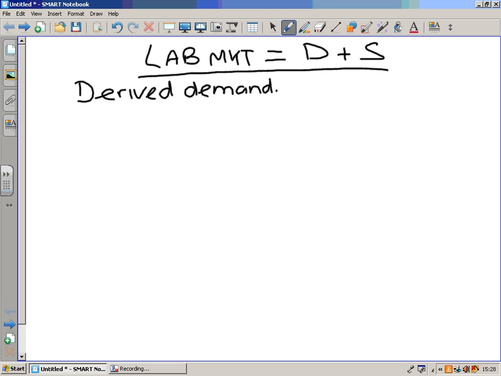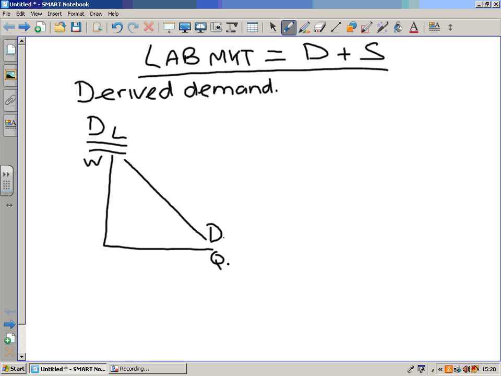Right, so let's think about the demand for labour then, first of all. What I'll call DL, demand for labour. What affects the overall demand for labour? Now, what I want to say first of all is, if we put wage rates on the vertical axis and the number of people employed on the horizontal axis, the demand for labour is like this. When you think about it, it makes sense. At W1, Q1 people are employed. If wage rates fall,